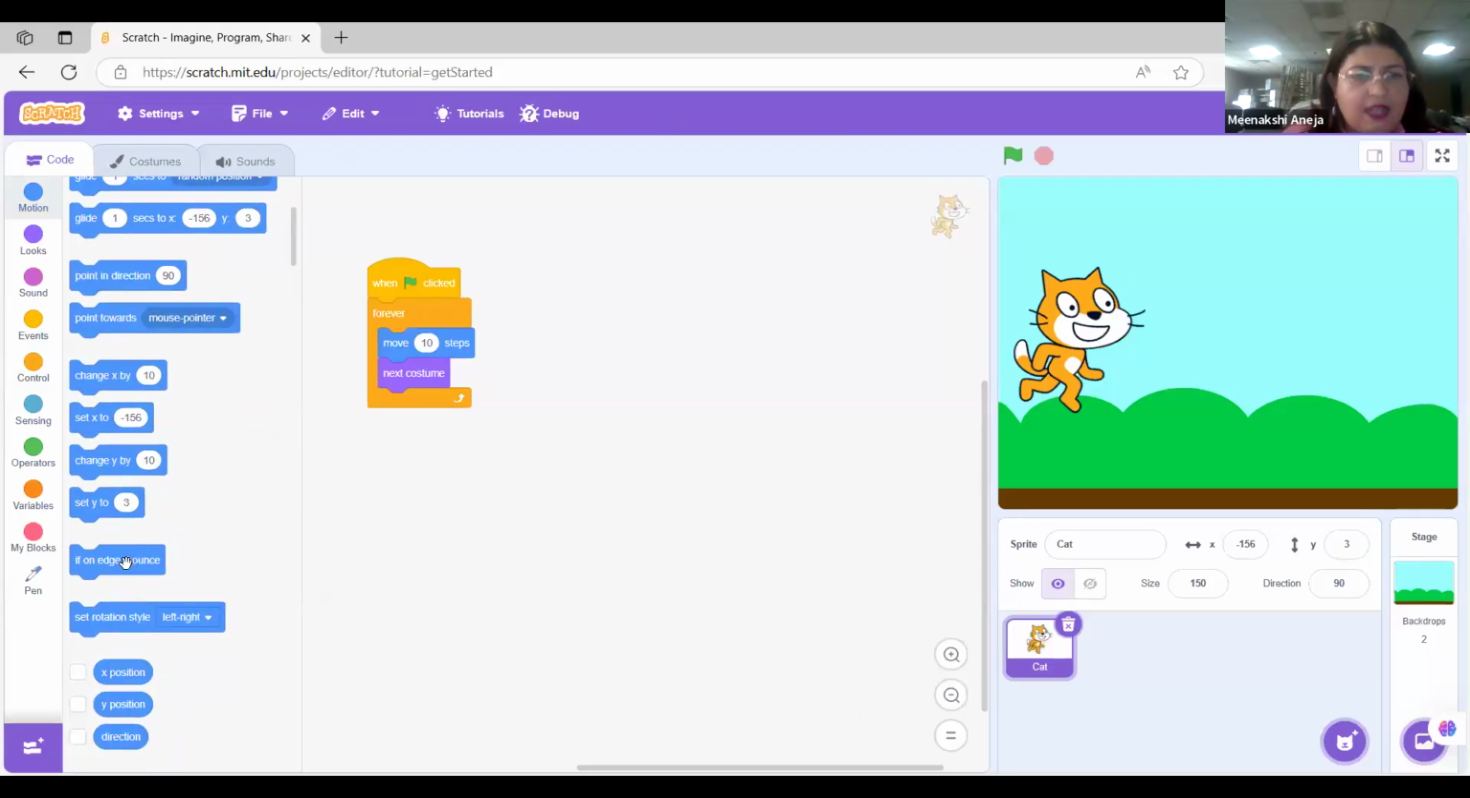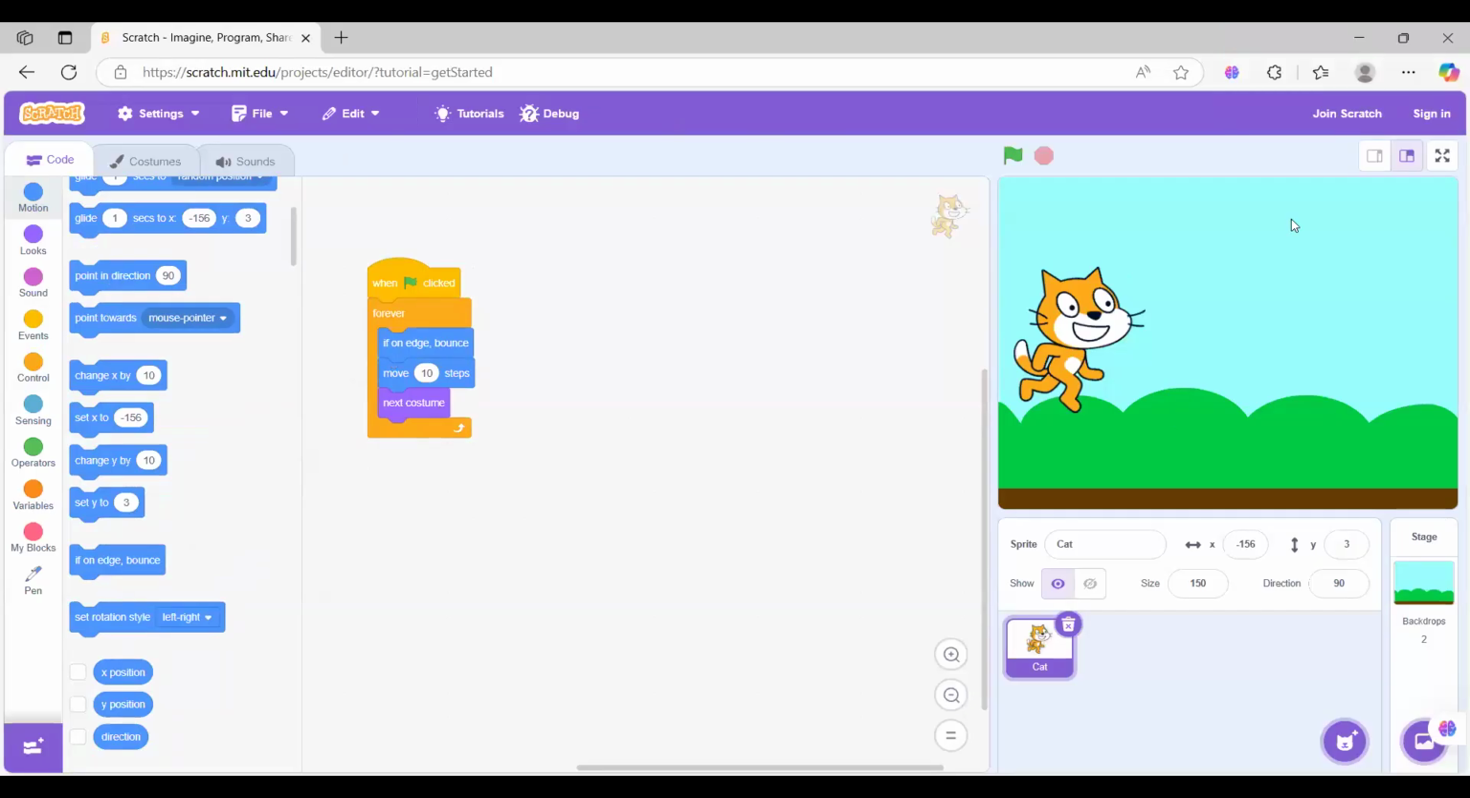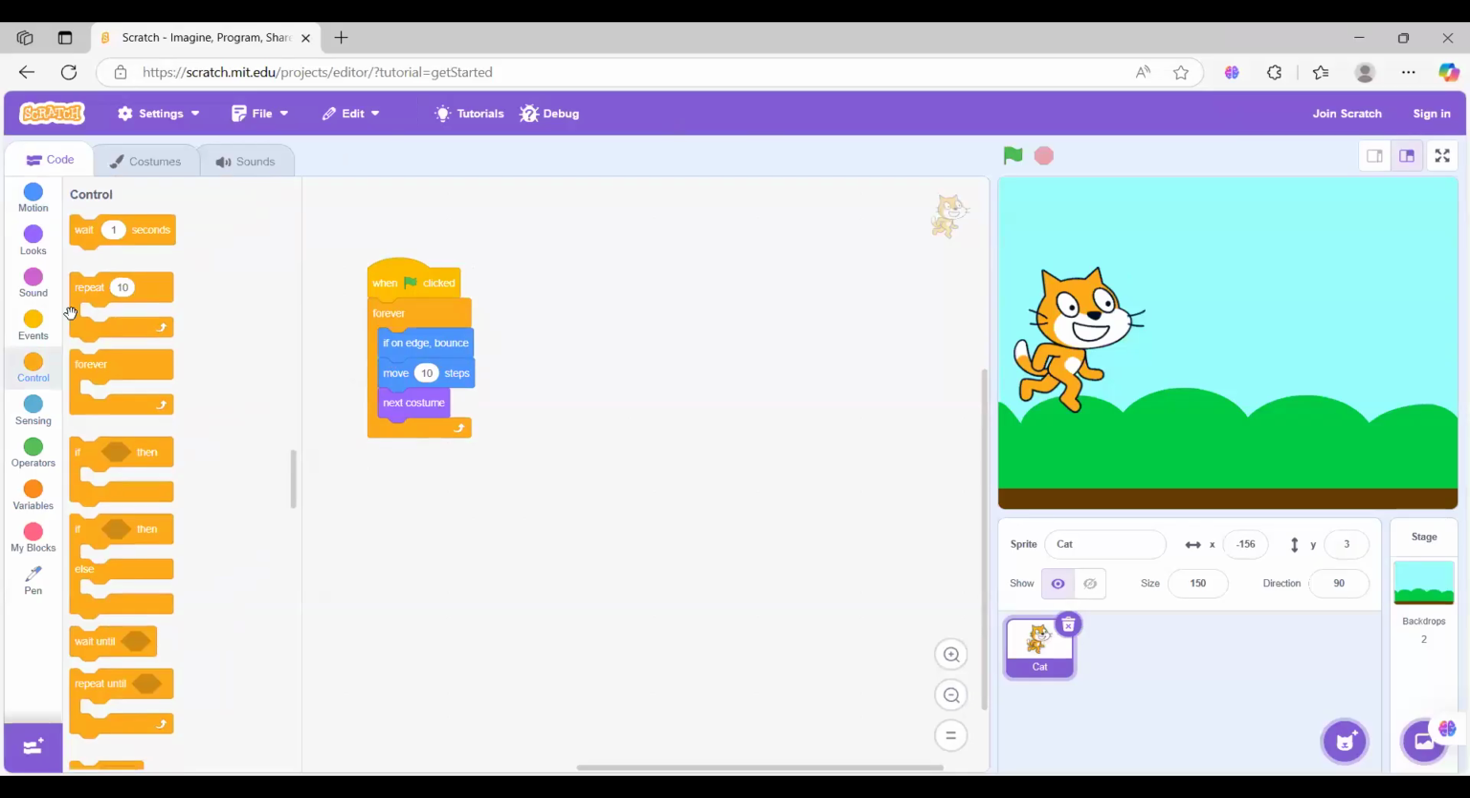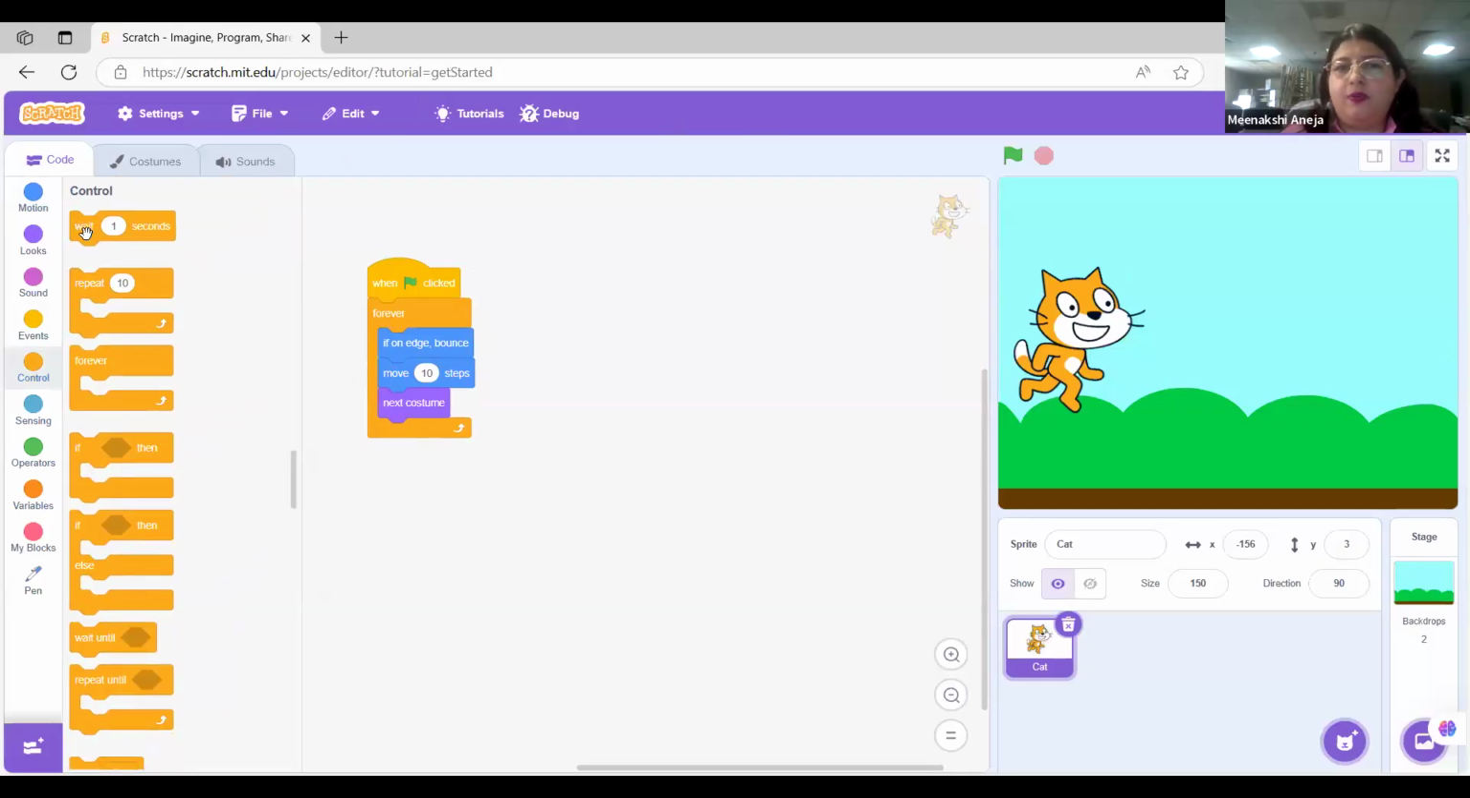And here, if on edge bounce, let us try this. Okay. If on edge bounce. Now I want my sprite to move gracefully, not in a hurry. So I do have another control. Let me check. Here we have a wait control. Let me snap it below